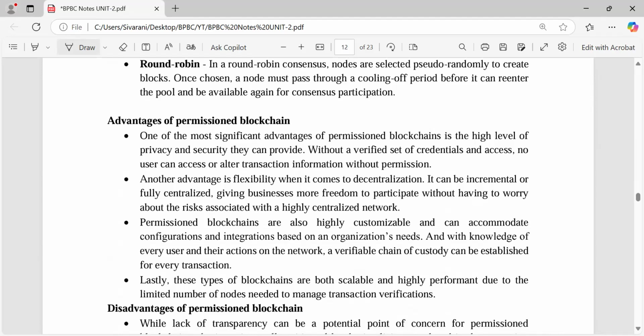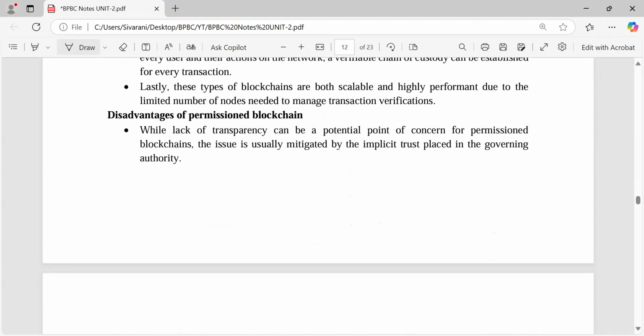participation. And the advantages of permissioned blockchain: a high level of privacy and security, and flexibility. Permissioned blockchains are highly customizable and can accommodate configurations based on the organization's needs. Lastly, these types of blockchains are both scalable and highly performant due to the limited number of nodes needed to manage transaction verification. And the disadvantages: lack of transparency can be